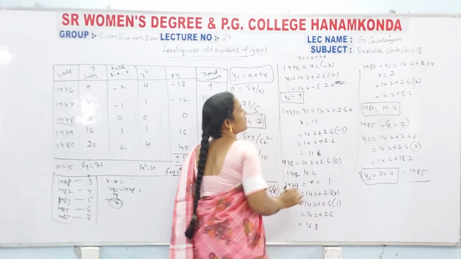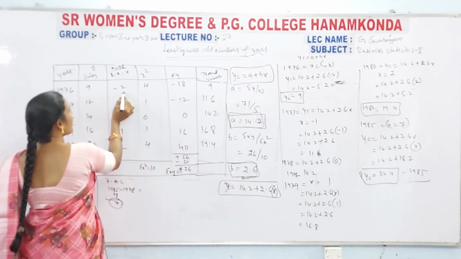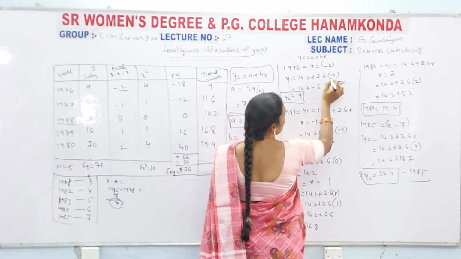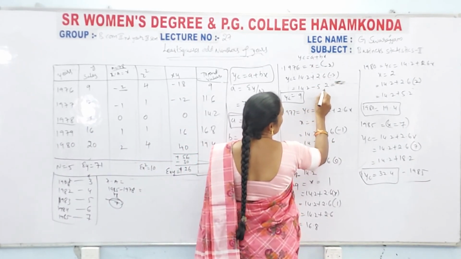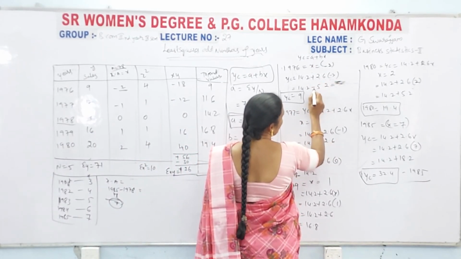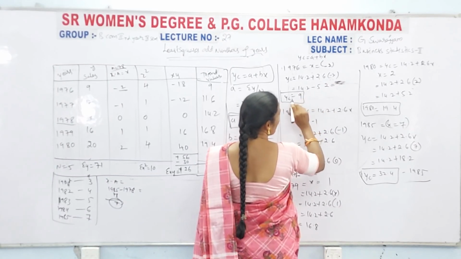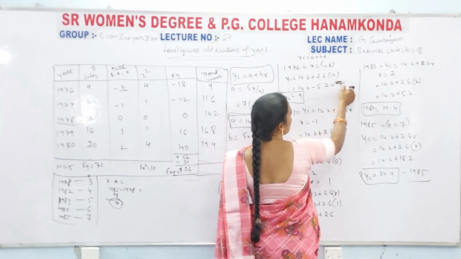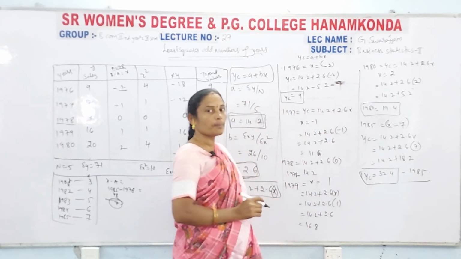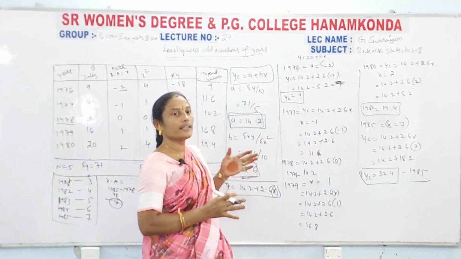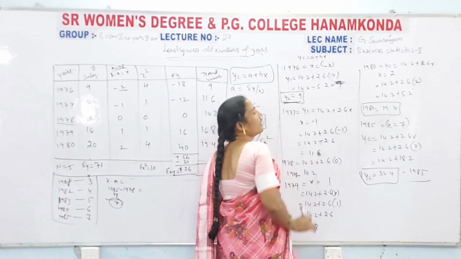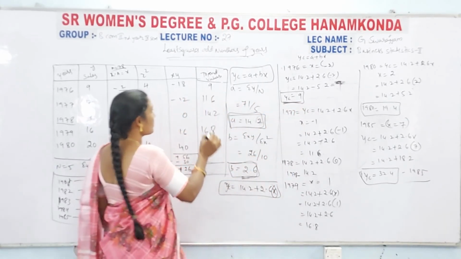In 1976, what is the x value here? It is -2. So implement this -2 into 2.6, which is 5.2. So, plus into minus is minus. So, 14.2 is positive, 5.2 is negative. So, the remaining amount 9 is a positive amount. The positive is the increasing amount and the negative is the lowest amount. So, the remaining amount, the trend value, YC is equal to 9.